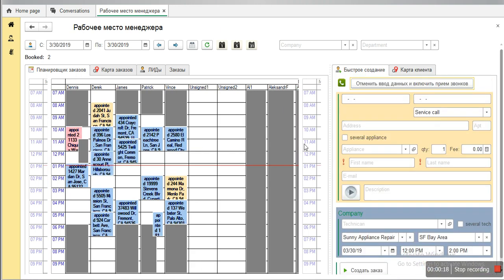In this left section, we see the calendar with the appointments, with the technicians' names, the times, the date. On the right section, we see the place where we need to fill the information. So let's start with filling it. For example, we definitely take the address of the customer. Like, I don't know, let's try